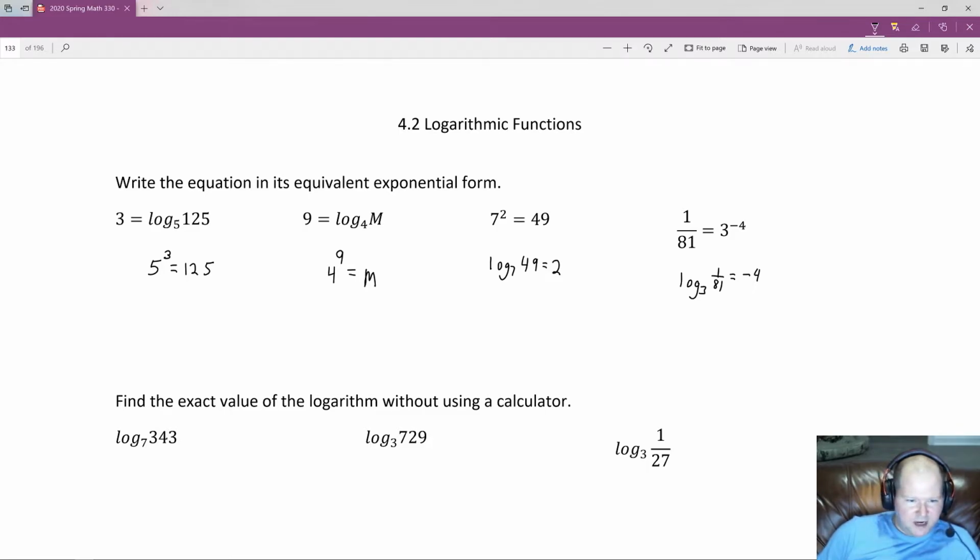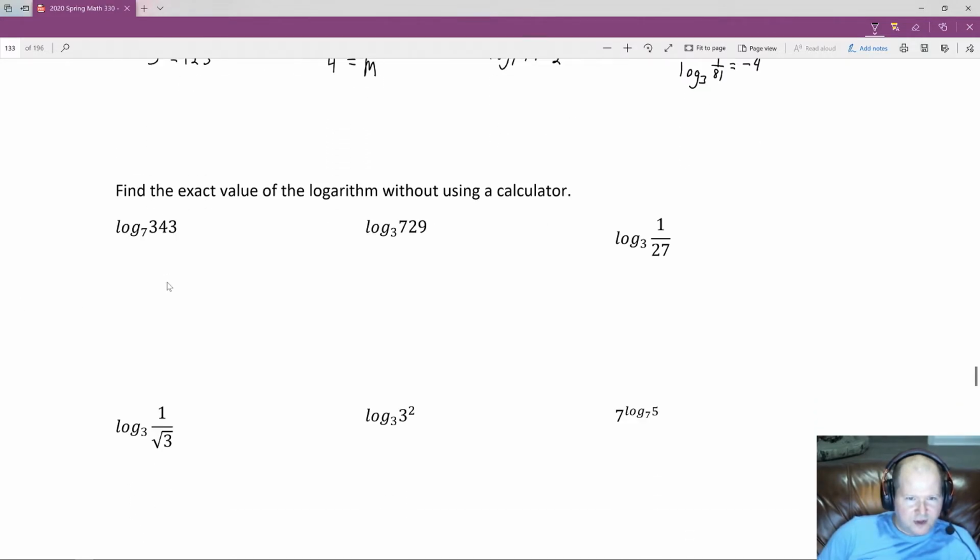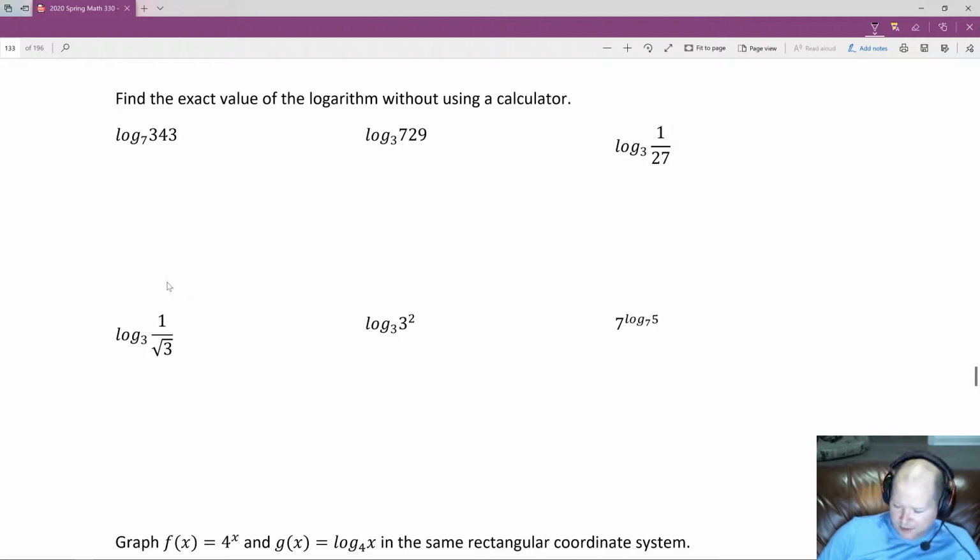Okay, so now we're going to find the exact value of the logarithm, but without using a calculator. Okay, so here we go. Now, I'm going to convert these to exponents first, but you don't have to. I'm just going to do this to kind of illustrate it better. So let's say we had 7, that's the base, and the question is what power, right? What power would that have to be to get